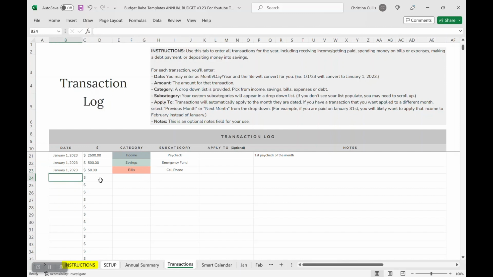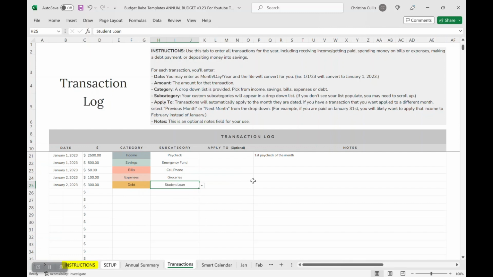We're going to say on January 2nd that I went ahead and did a grocery run for my expenses. I'm going to log that under groceries. And then last, we'll say that on the second, I also went ahead and paid my student loan bill for $300. That was under debt